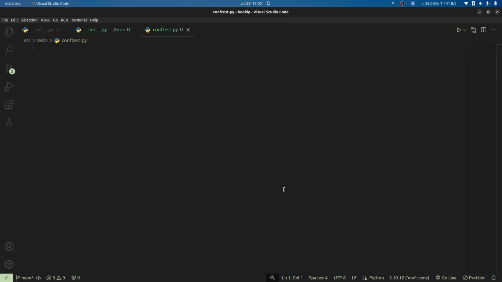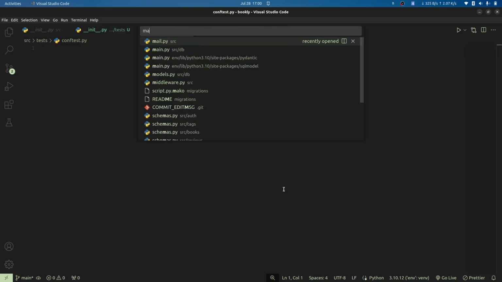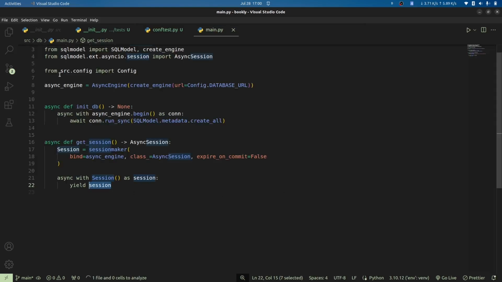So the first thing we're going to do is to first think of functionality that we may mock or functionality that we may create fixtures for. One example is going to be the code for connecting to our database. Now, if you've not been following this series, all the code for connecting to our database is going to come from our source main.py, and we are basically using our get session object which we are getting from this get session function right here. So we are calling this as a dependency in every route that actually needs to have this dependency,